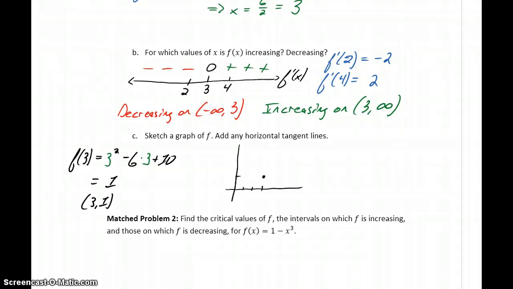And then without getting too specific about how our function is increasing, decreasing on either side, we know that as we go from 3 to infinity, our function is increasing. And as we go from negative infinity to 3, our function is decreasing. So we've got something that looks more or less like that. Now we could come up with the actual graph by plotting some more points or plugging this into a graphing calculator, but this lets us know what the general shape or behavior of that graph is. And what we have is our horizontal tangent line